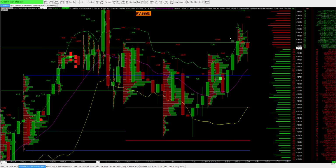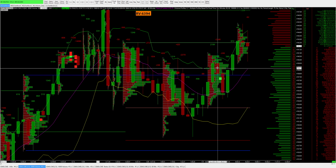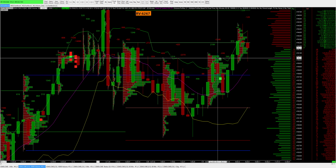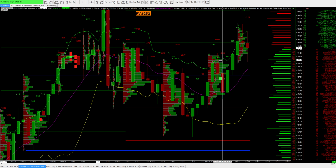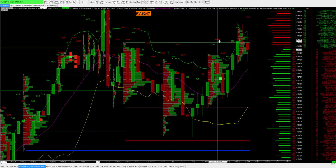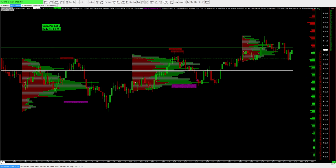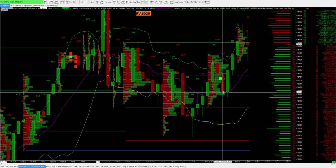And then it kind of pulled up. I did a short here on this rejection. What I was looking at is that we have value dropping. We had almost a test to try to break out of this high, and what happened was when this high got tested and broke, right away about 1,500 sellers appeared, and I took a short at 40, I believe, or at 39.50, and drove this a little bit down, kind of into